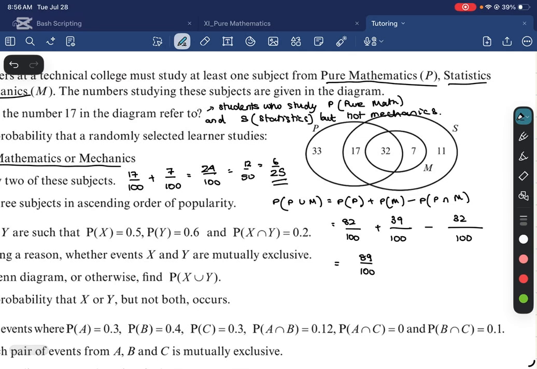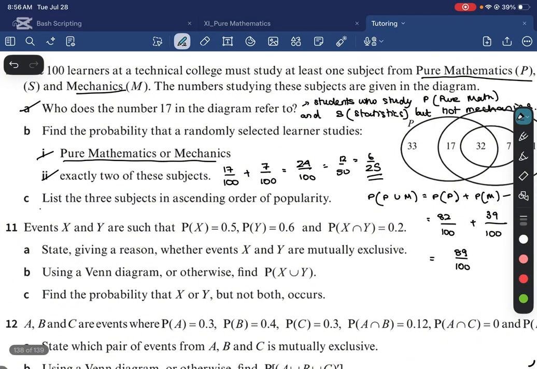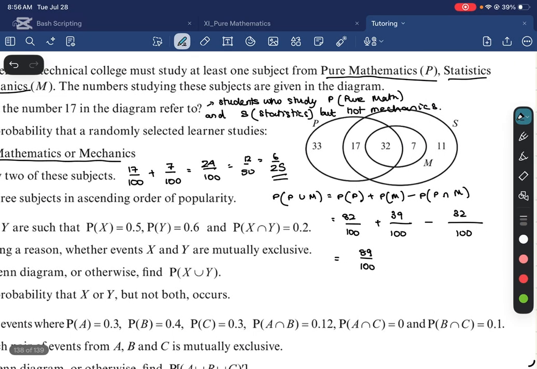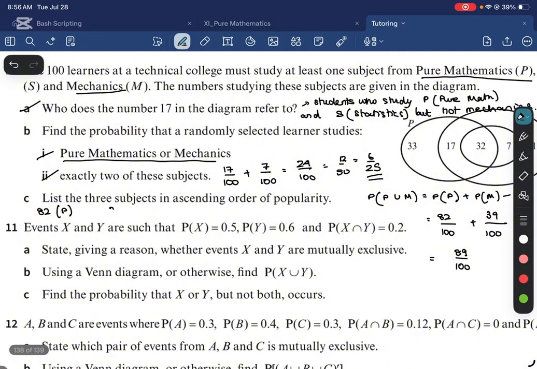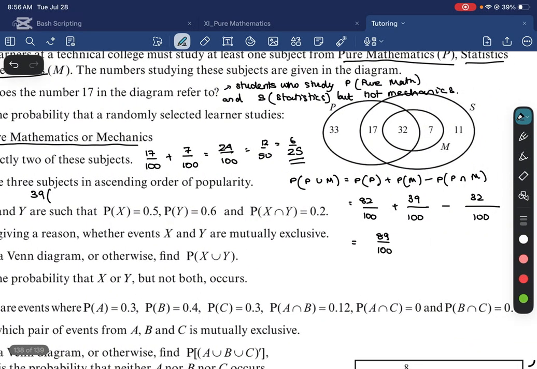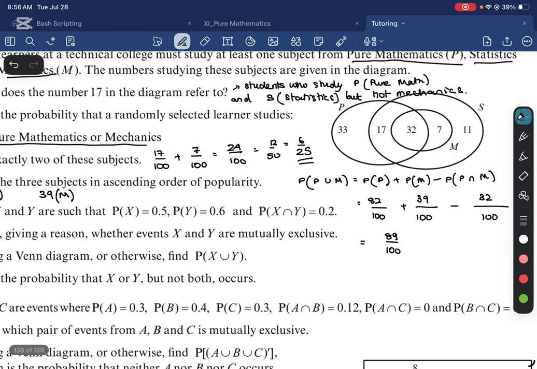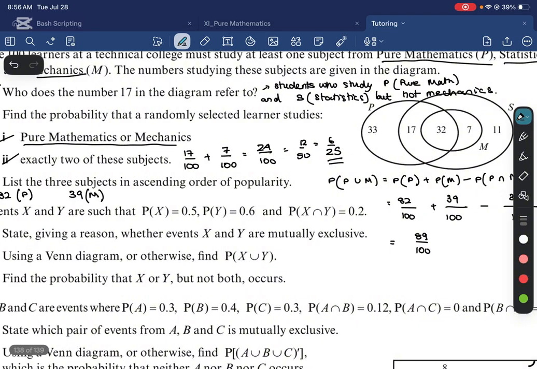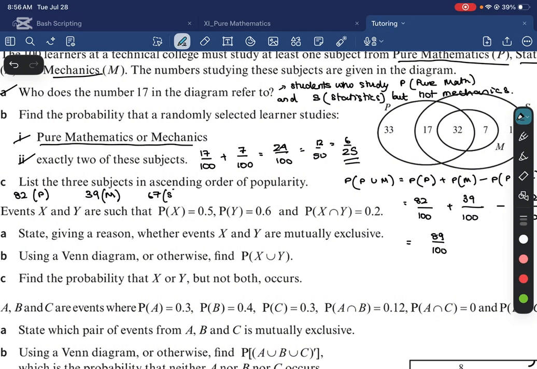All right. So let's see. How many students take pure math? 33 plus 17 plus 32 students are taking pure math, right? So you have 82 students in the pure math class. You have 32 plus 7, we have 39 students in the mechanics class, and you have 17 plus 32 plus 7 plus 11 students, 67 students in the statistics class. So pure math is the most popular, followed by statistics,